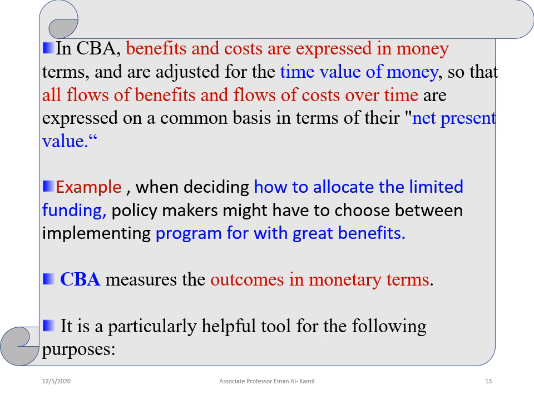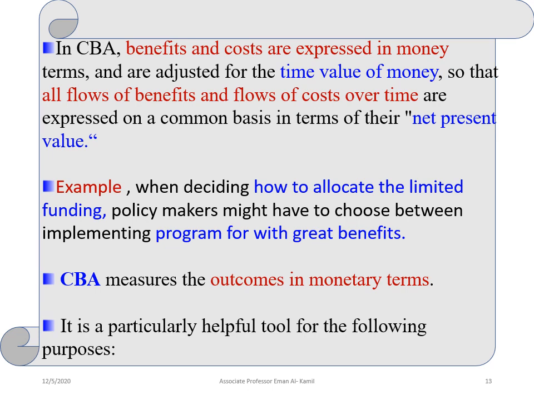And are adjusted for the time value of money, so that all flows of benefits and flows of cost over time are expressed on a common basis in terms of the net present value. ما هي الفائدة الكلية من استخدام هذا البروجرام بالمصاري؟ ايش قد الفائدة المادية او المكسب المادي؟ راح ناخذ الكوست ايش قد كلفنا، وايش قد الفائدة المرجوة من ال prevention or from treating the individual، نحسبها بالمصاري ونحسب it will be compared. This is the cost benefit analysis. يعني it is a monetary